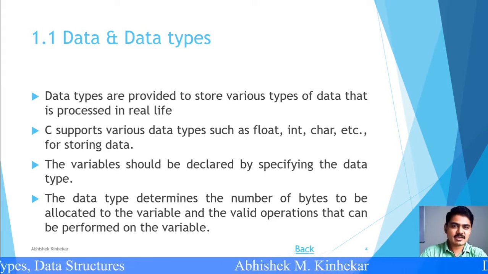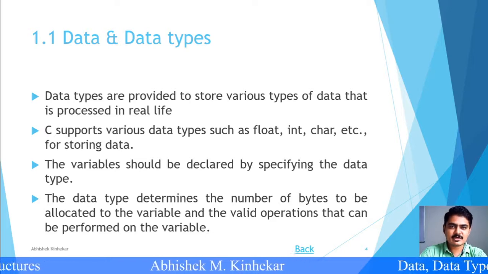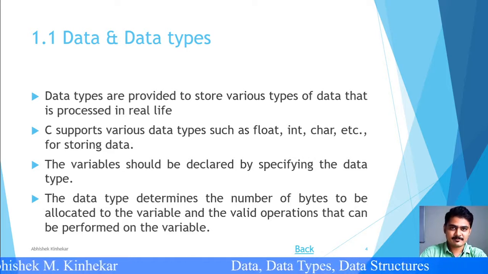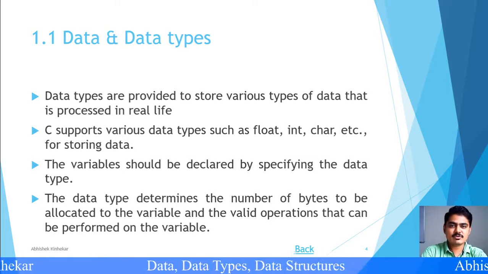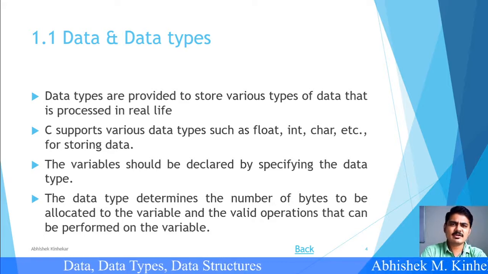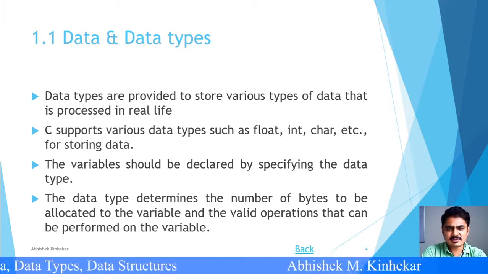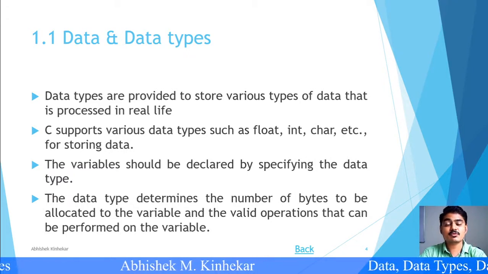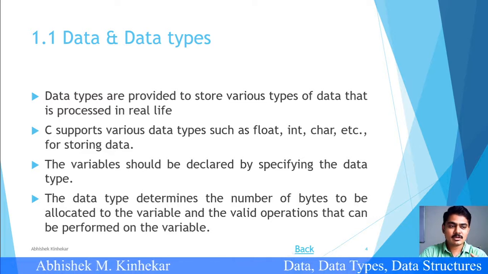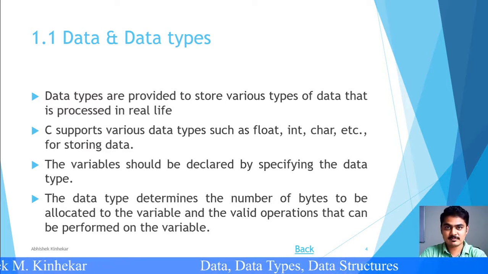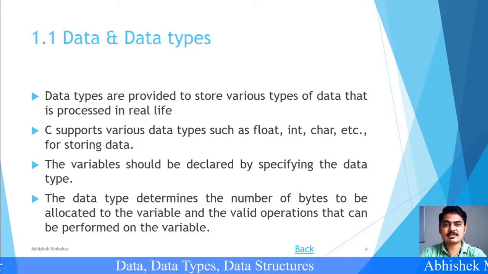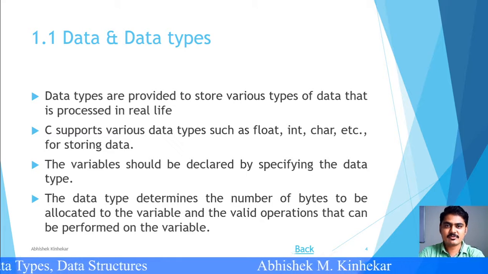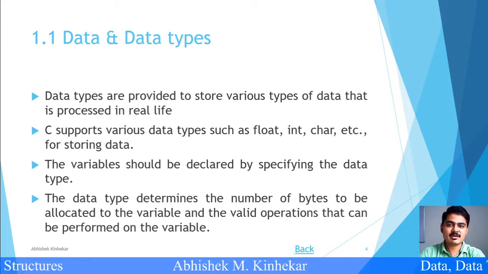Correct? So what does a data type tell you apart from the exact type or characteristic of data? The data type also tells you about the size of data or the range of data which you are going to store in it. Character has a different range, integer has a different range, float has a different range, and all data types typically have different ranges. Your data is processed only according to that range. If you try to process data out of range, your data type will not support it and it will throw an error.